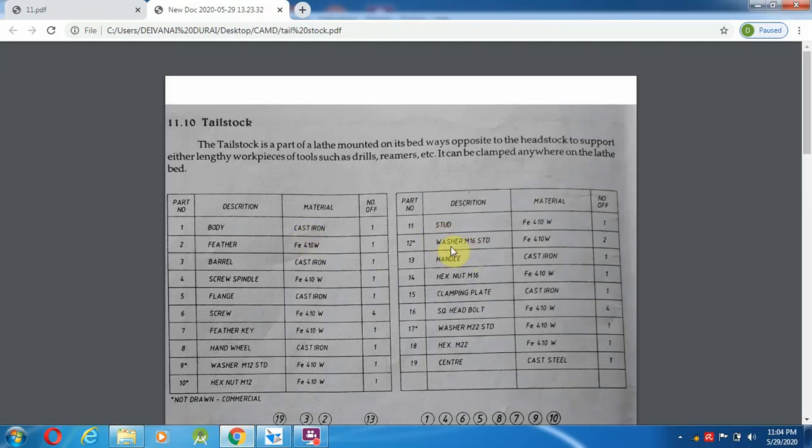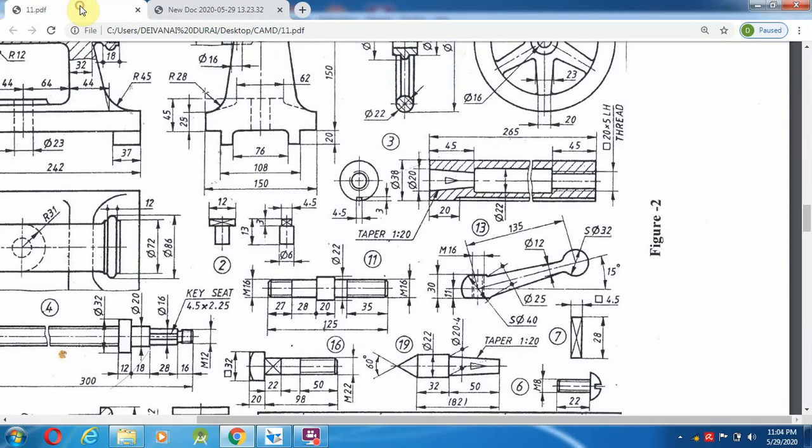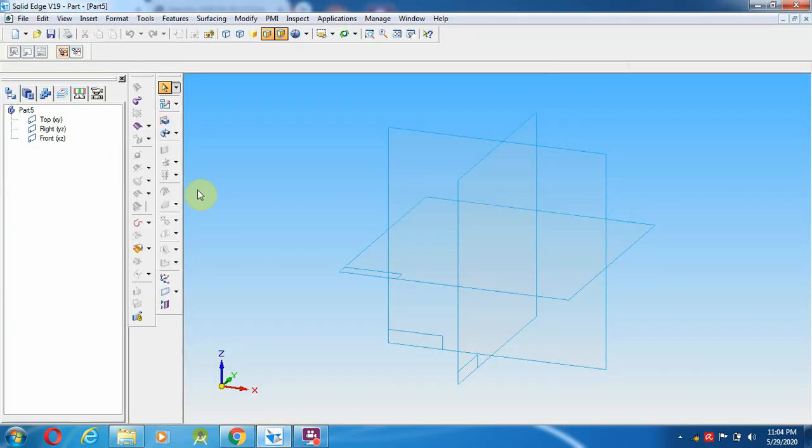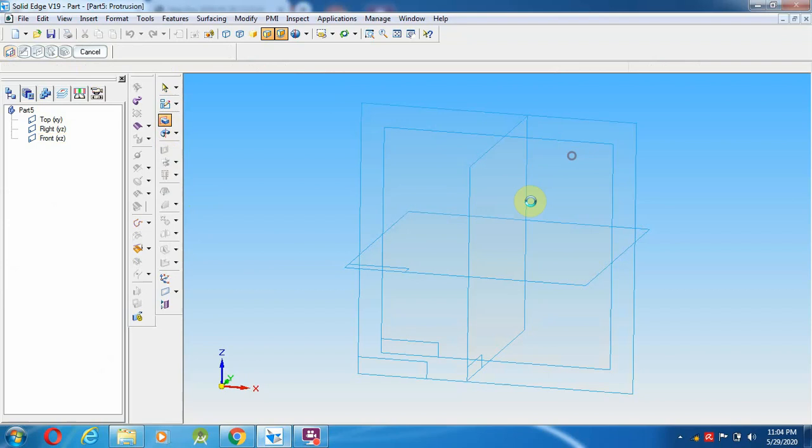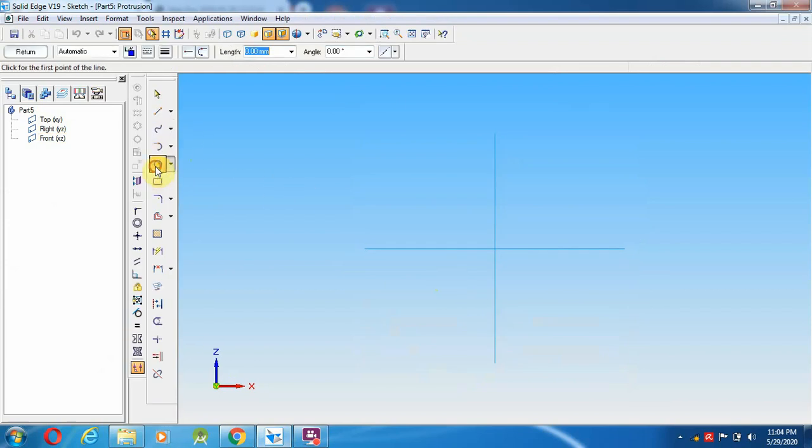The next one is the handle. The handle we already have, we will draw it in some other video. Then we can go with the hexagonal nut M16. So go over here, hexagonal nut M16, select the same principle as the M12 hexagonal nut. So 16 mm diameter, select a circle from here, 16 is 32 mm. So now we can construct the hexagon inside over here.